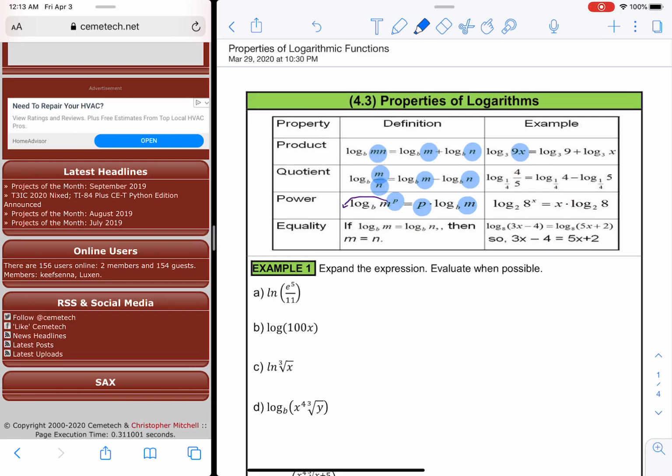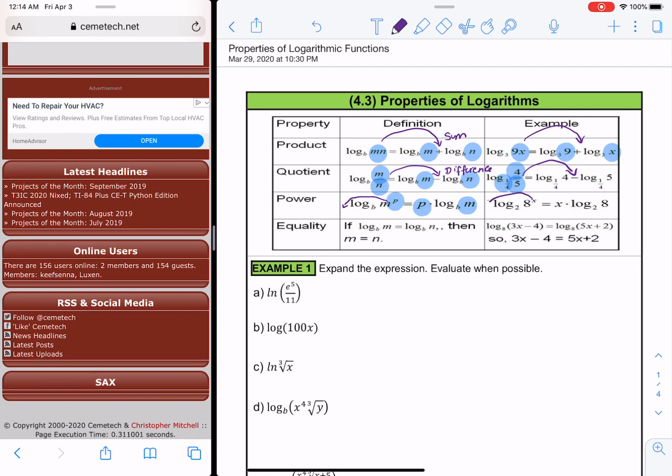So if you look at the first example here, we have log base 3 of 9 times x, and if we use the product rule, we could split it up and write it as a sum. Log 9 plus log x, the base is 3. So here we have 4 over 5 and the base is 1 over 4. And using the rule, we could split it up and write it as log 4 minus log 5 base 1 over 4. So here product becomes a sum, same here, and division becomes difference,